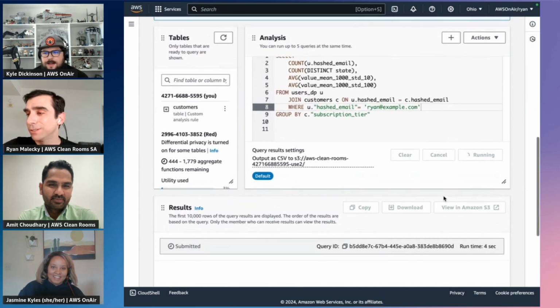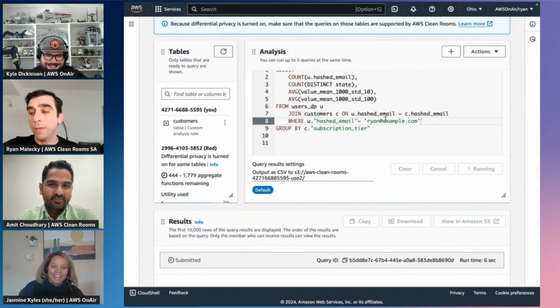Yes. Fine. So now the query is running, but I won't be able to actually figure out if this user is present in the data set because noise is being added to safeguard the data set that's being shared. Just imagine your query running down a hallway and someone going,